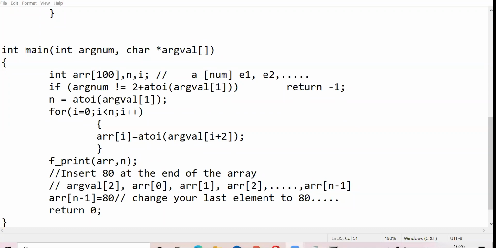So let's say I have 5 students in the class, n is 5. For n equals 5, I have a of 0 as, let's say, the marks of the first student, a of 1 is the marks of the second student, so on and so forth. And a of 4 is the marks of your last student, the fifth student, right? Now I want to add the marks of one more student here. I have a sixth student and I want to add the marks here. How do you add that? What is the logic for that addition?